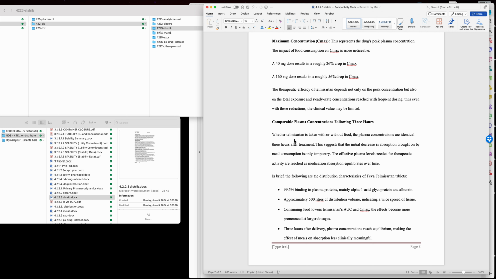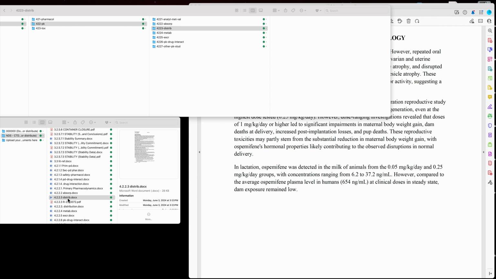Also convert that into PDF, quality control or QC the PDF file, and then we are going to drag the PDF file and drop it into this module. Now for module 4224, for the metabolism, we do have again